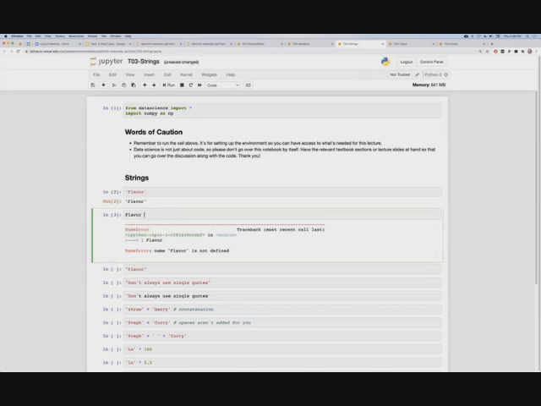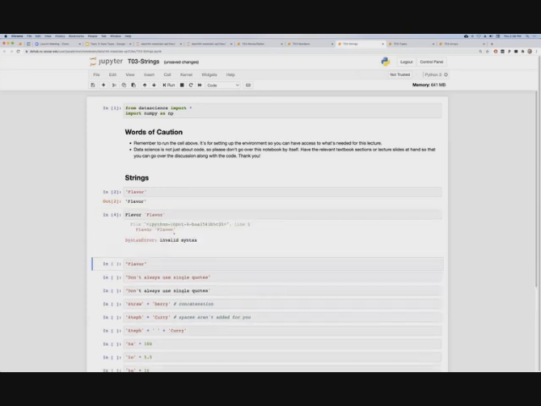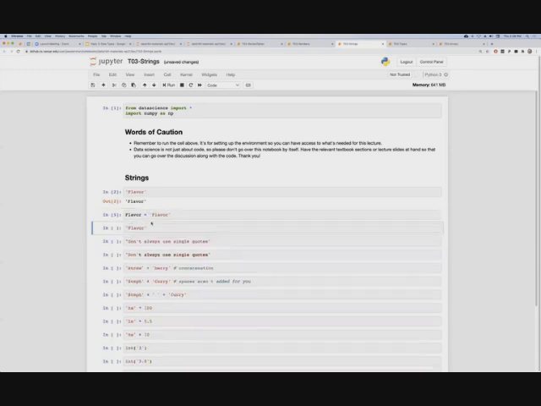Now, if we did something like flavor equals flavor, that works. That would work from there. But remember, a string of characters without quotes around them is a name. That is a named object, and if we haven't previously defined it from there,